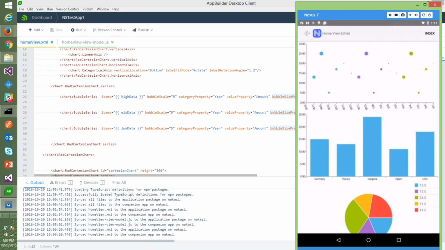So it is always free. You can always do it from the command line. I used AppBuilder, which is our commercial editor, just to showcase that if you use this, it is as easy as this. I don't have to do a build or anything. It does the builds automatically. It syncs the file with the device, so you get your things done faster, more productively, instead of spending time in building. If you go the open source way, it's all command line, and you will